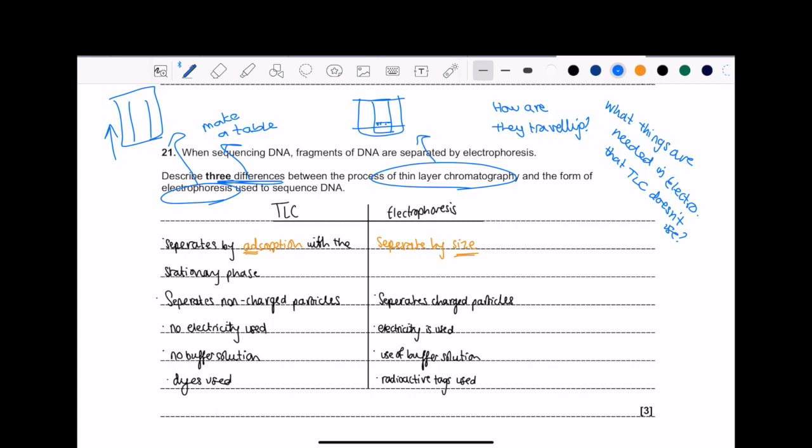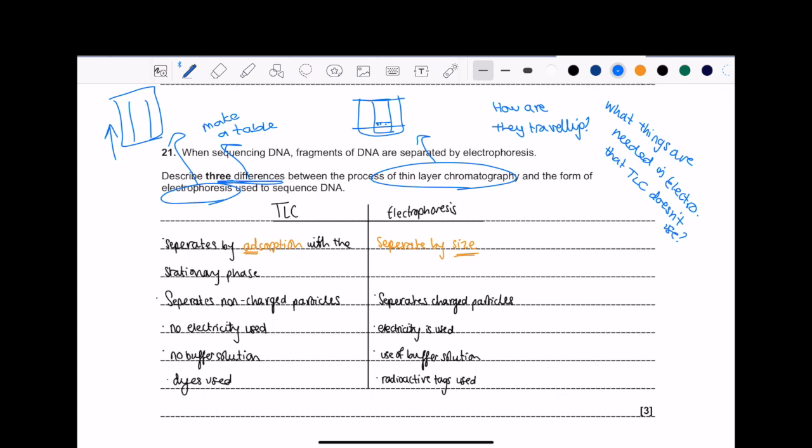when you get a question on differences between two procedures, two processes, really boil it down to the simple things. Because TLC we do in class, right? But electrophoresis, personally we didn't do in class. We had this jelly sort of thing that was a fake electrophoresis, and that's what we saw. I don't know if you guys do it in class, but regardless,